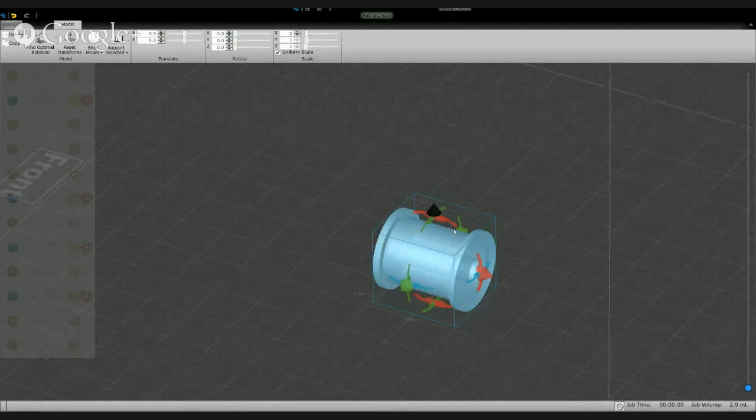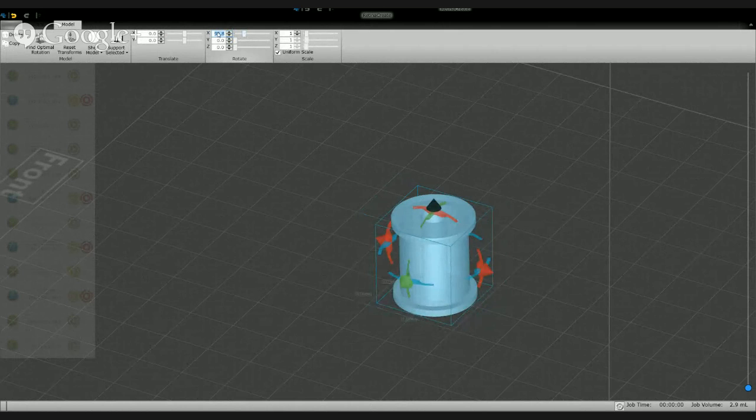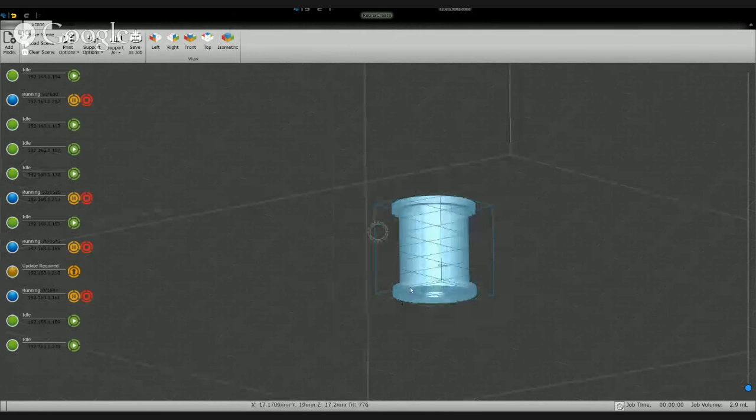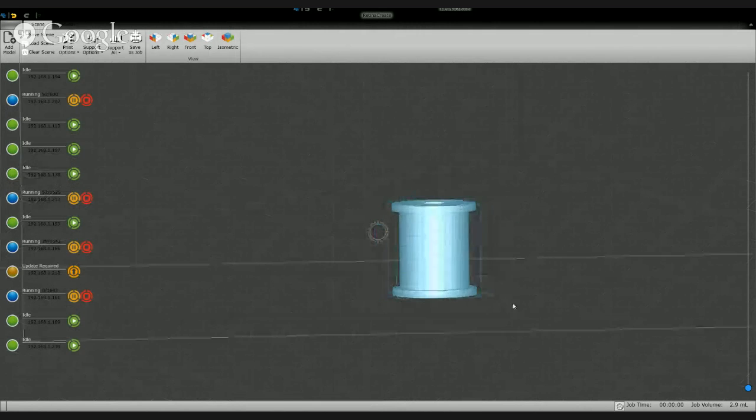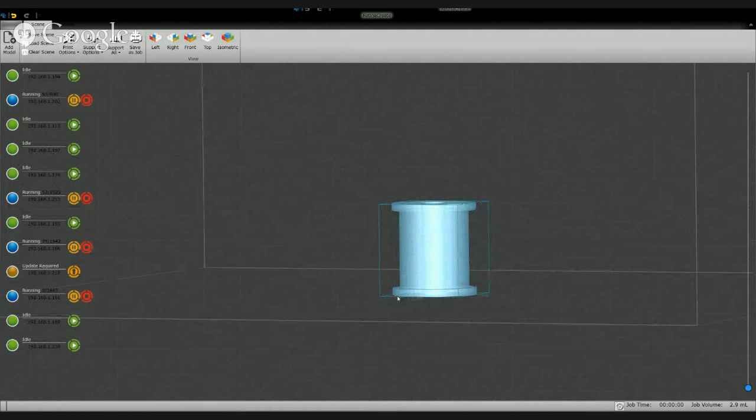So what I would do with this model is rotate it 90 degrees, so that it's oriented like this. And now you could print it directly on the build plate, depending on whether or not you care about the Z accuracy, if you want this height to be dead accurate,